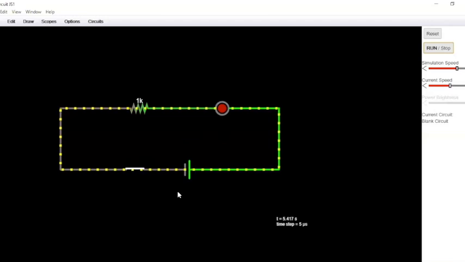That means these yellow dots represent the electrons that are responsible for the flow of current, right? And your LED is glowing. That means it is on now. It is giving us light which is red color,